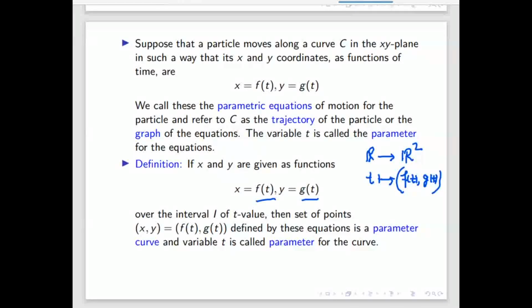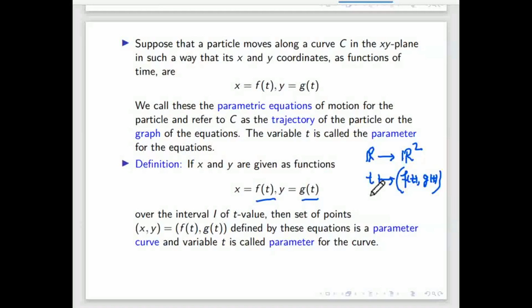So the motion of this particle, in the mathematical sense, is a vector valued function in 2 dimensions, and the domain comes from R. If it is time, it definitely cannot be negative. But if you define it mathematically, we can define the parameter even as negative. If it is not time, we can define t as an element of R, a real number, and it can be negative also. But if it is time, it can be only a positive real number t, and it is mapping t goes to f(t) comma g(t).